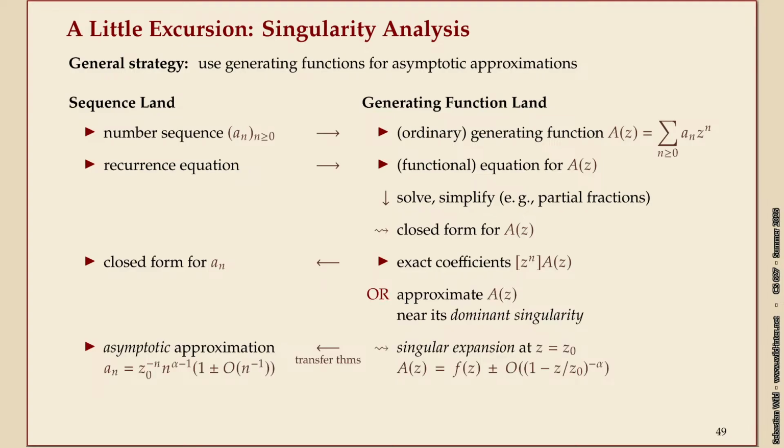You can push this further by instead first approximating the generating function. And then you only get back, in the end, an approximate solution for your number sequence. But oftentimes, that's the best we can get, because the recursion is so tricky that there's no nice closed form, and it's not even clear how quickly it grows from the get-go. But there's